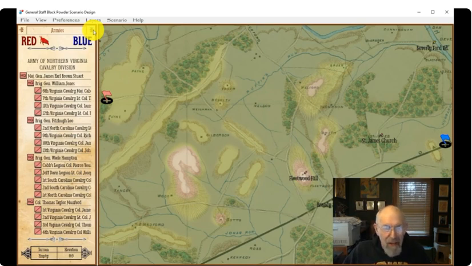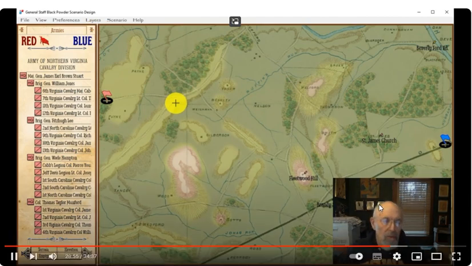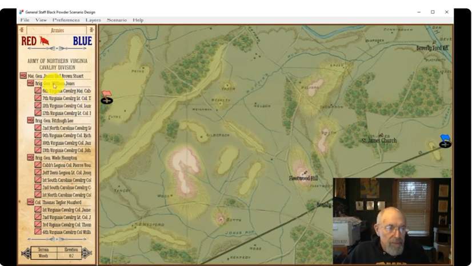And unfortunately, I just have not been able to find any starting positions whatsoever. So I'm not really sure how we're going to do this. So you just click and drag these units and put them wherever you want. Maybe I should take a break here and give one more try at trying to find the starting positions for these units.